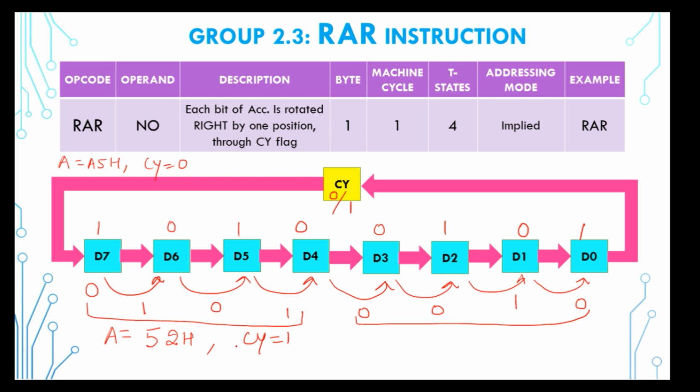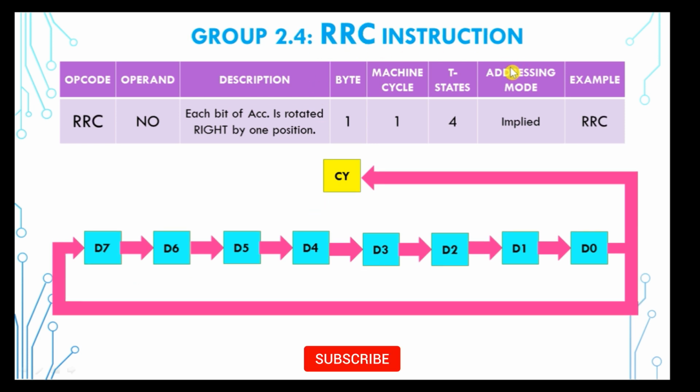Now the next one is RRC instruction. So this instruction is similar to RLC instruction. Here the bits move towards the right direction but not through the carry. So once again, do not confuse with this C in the instruction. Taking the example,